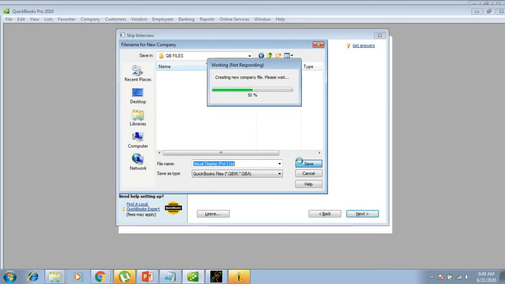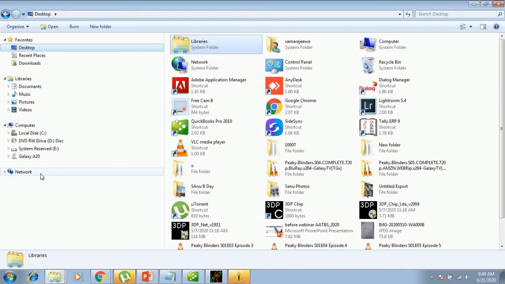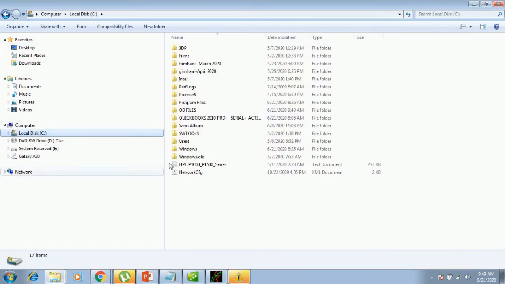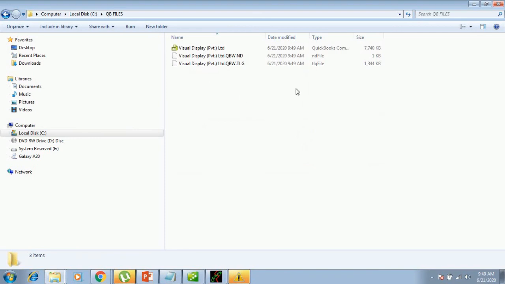So in a few seconds, the file is going to be created. In a few seconds you can go into your new QuickBooks company file. So I can show you now. This is how it is located in my hard disk drive. So now we are ready to start work with the QuickBooks company file.